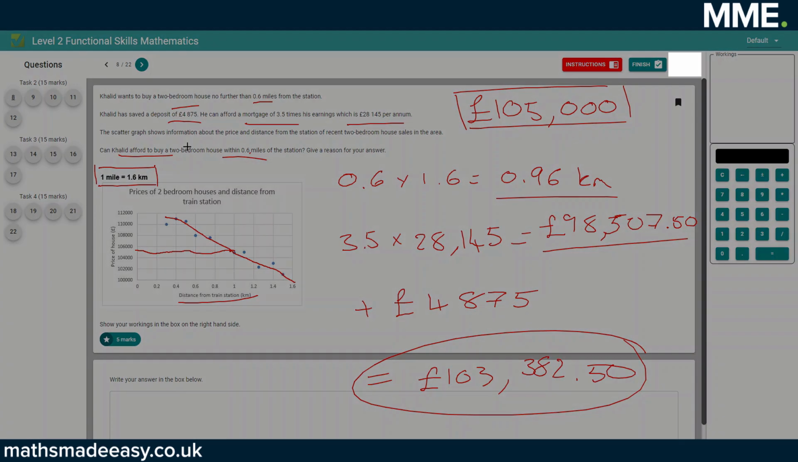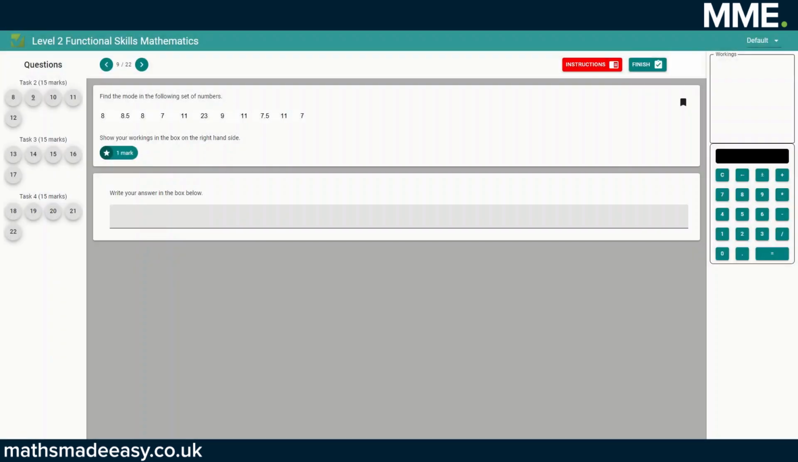Moving on to question 9, we are asked to find the mode of the following set of numbers. So mode is the most often number that appears in a data set, so what we have to do is identify the number that appears the most in the listed numbers given. And scanning through, we can see that 8 appears twice,